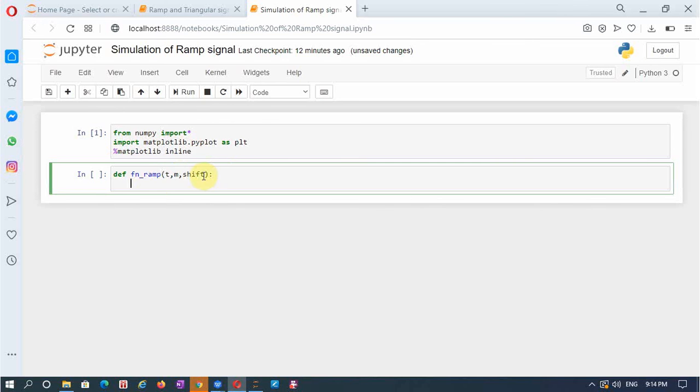Now you observe that when I press enter, the cursor has shifted by one tab. If you don't do that, suppose if I start here, you will get an error message.